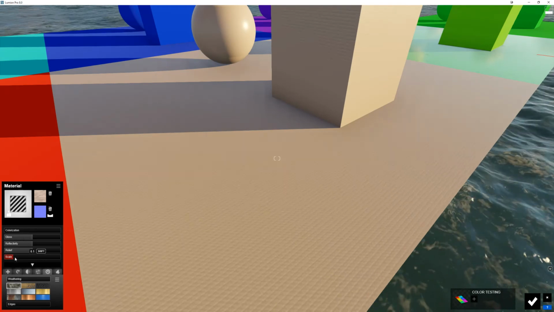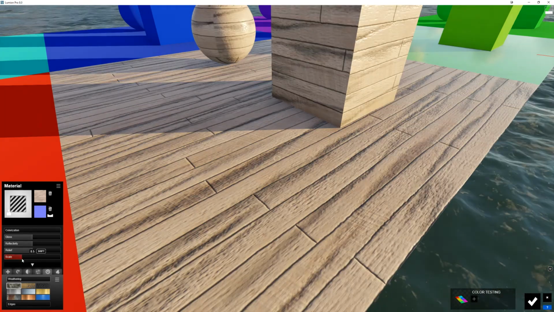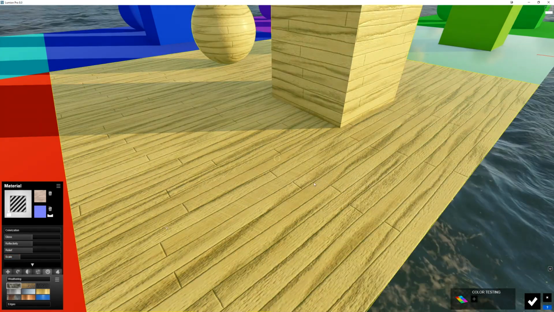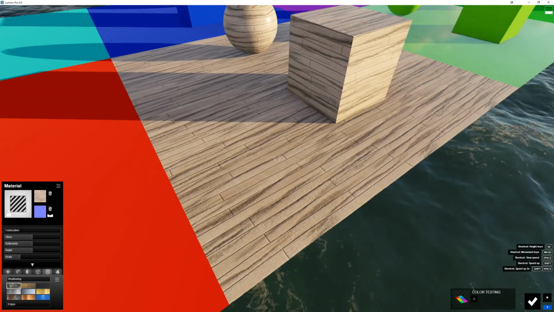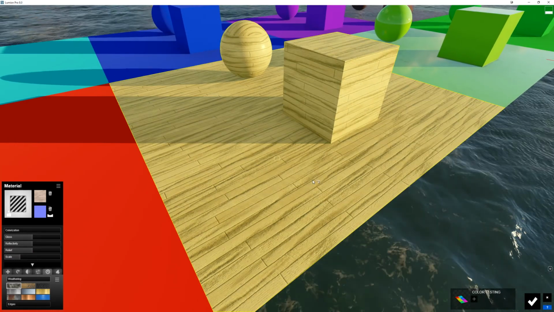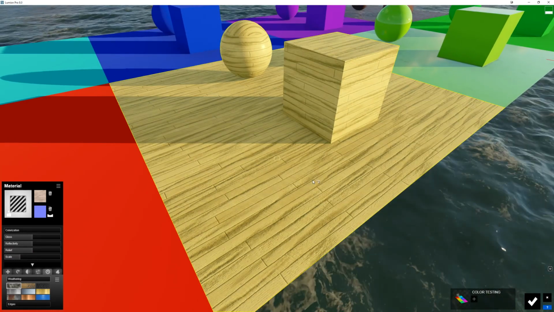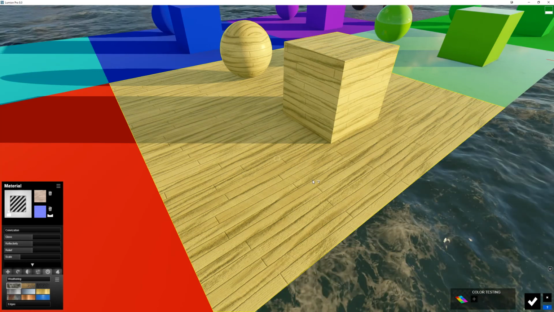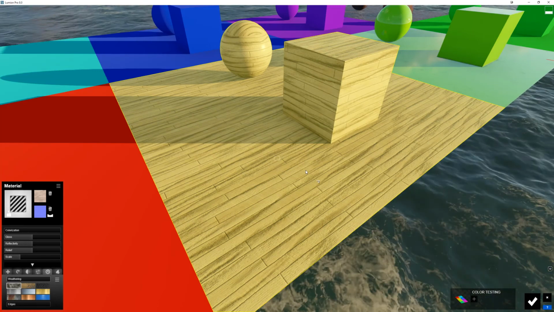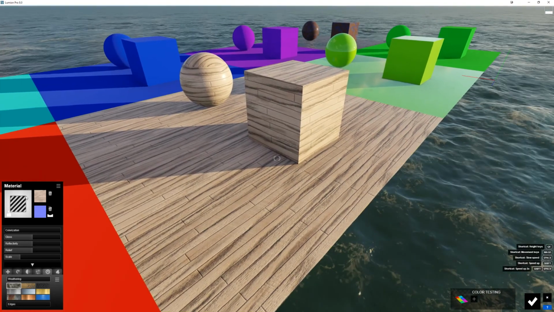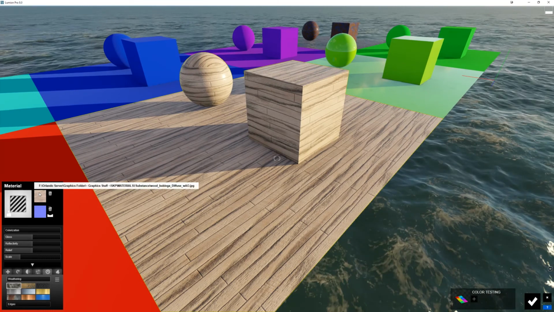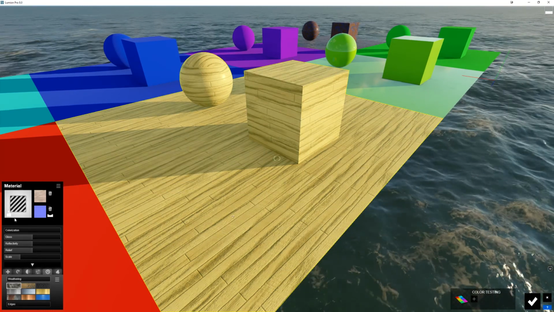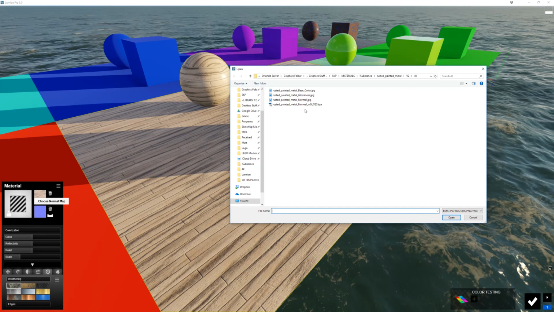But now I need to up the scale of this thing, and if I pull the scale up, I can find whatever it is that I need. I typically like to bring the SketchUp version in first, because I can control the scale of it much more accurately, but this will work for our purposes. So there's our diffuse color brought in with the ambient occlusion. So now we have this really nice wood floor, but I want to bring in